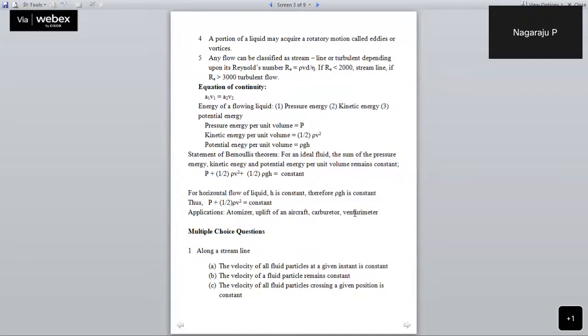Usually, I am now discussing a few multiple choice questions. I may not be able to take all, at least I thought of taking some 10 questions. Whenever a question paper is prepared, some criteria is followed. Let me just tell you, the first one is what we call K, and you can also call it A1, that is nothing but knowledge.